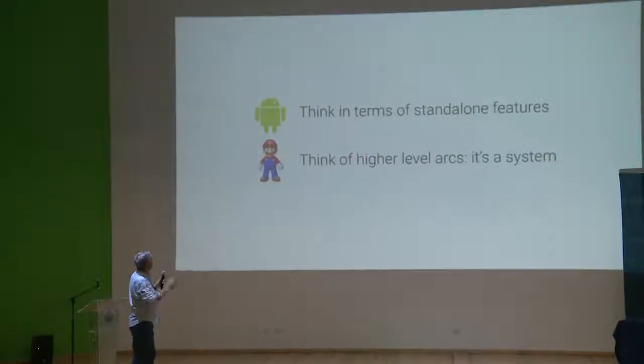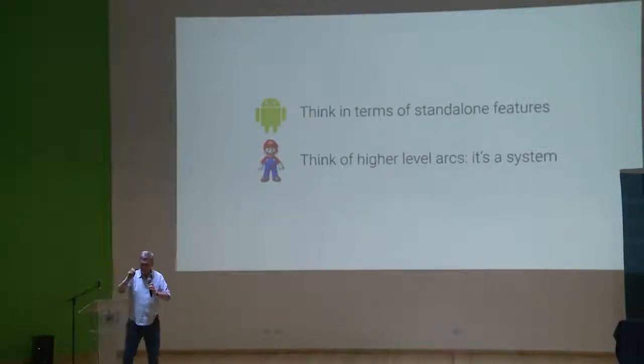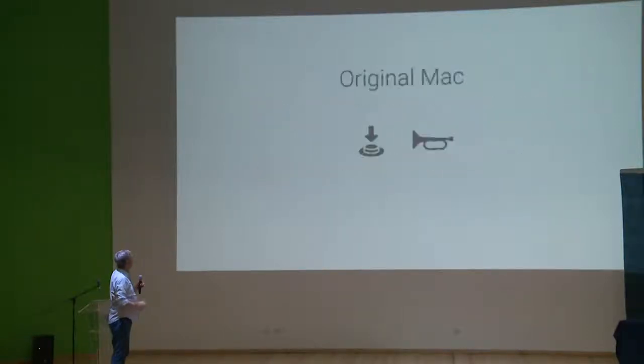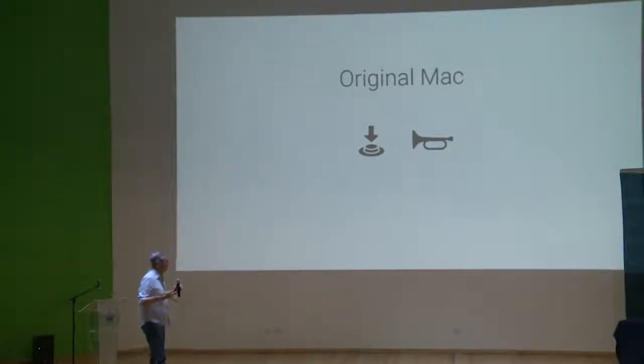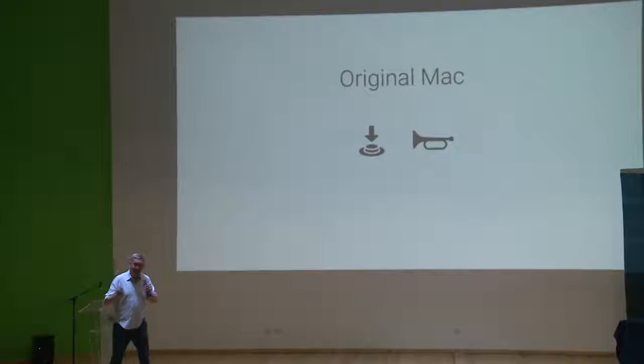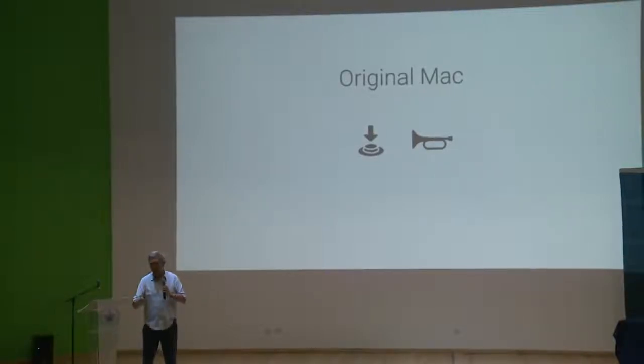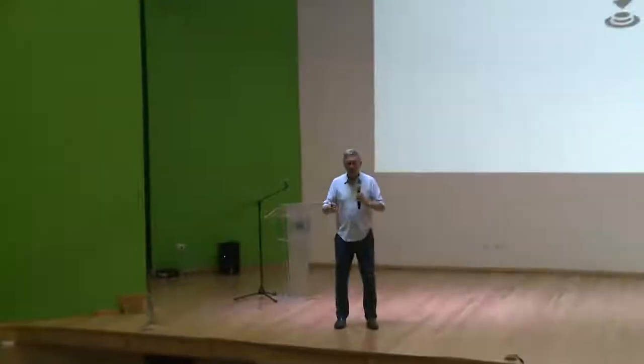So the example I would say is that we as application people, as technical people, we always think in terms of features. Do you have feature A? Do you have feature B? Do you have feature C? So it's all about a higher level system. So let me give you an example. The original Macintosh back in 1984, now this is a long time ago, I realize, but I was there. It shows you how old I am. But back then, computers had a switch, and you would turn it on, and it would go bing, and it would just show you this black screen, right? And that was the original, and it was all about the capabilities.